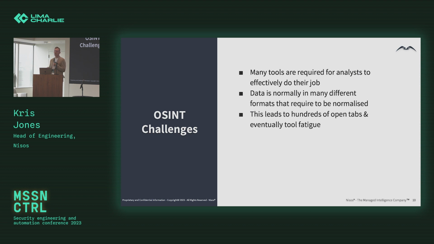And all of this data is coming in many different formats. A lot of it's in JSON, some of it's in CSV, and then for whatever reason, some people are still using XML. So you're getting data in all of these different formats, and it's very difficult to understand and analyze and pivot and then validate your sources and all of that information.